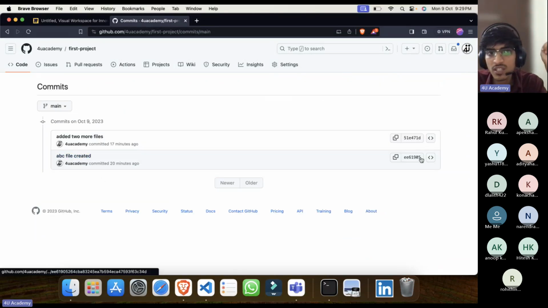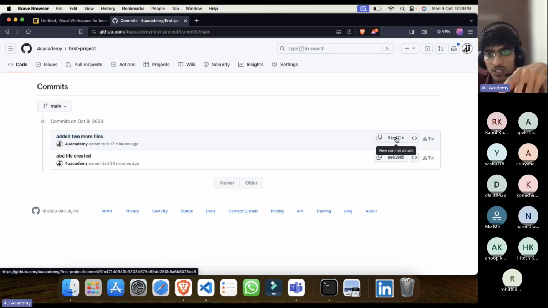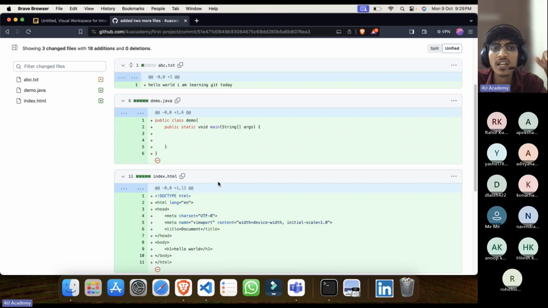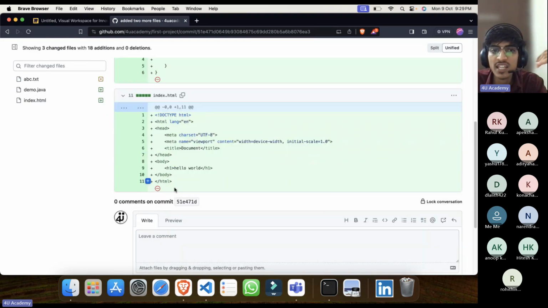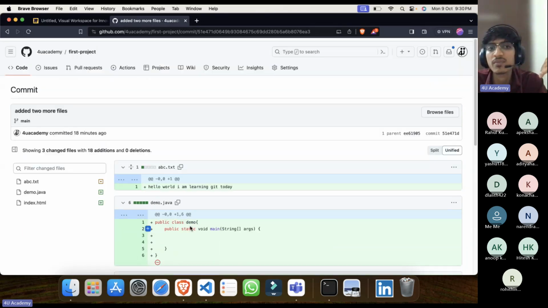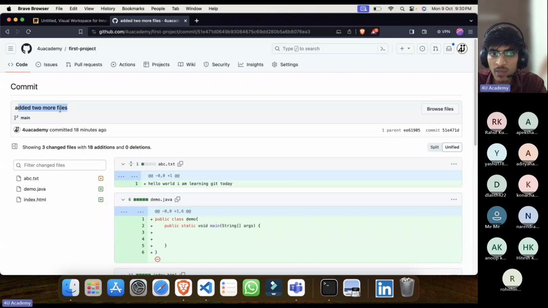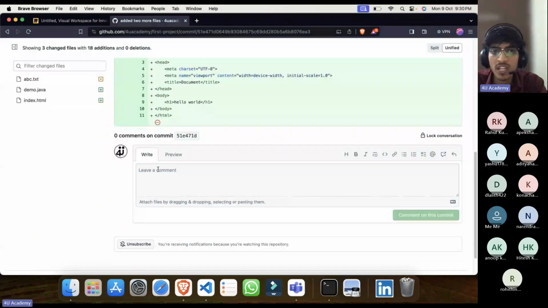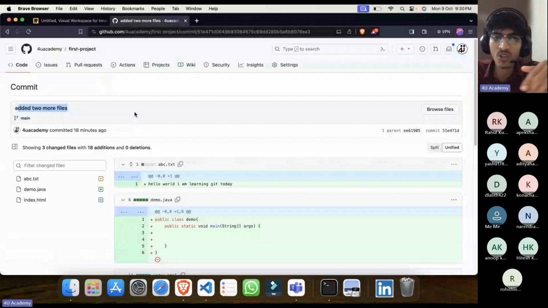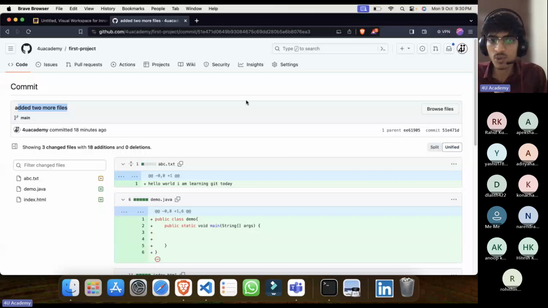So in this way, you can see, suppose I want to see what were the changes made. So this is the commit ID. You can copy it from here also. If you want to see what were the changes made, you just need to click it here. And you see all the details will be here. Like these were the lines created, these were the lines deleted and all. So we made changes in all three files, right? So everything is here, with the proper name and all the info, like who made the change. For now, For You Academy is making the change on the For You Academy itself, but when you will be doing projects, then it will be a different kind of scenario.